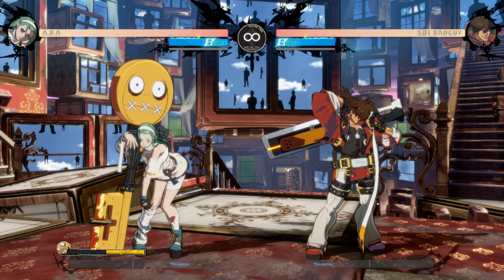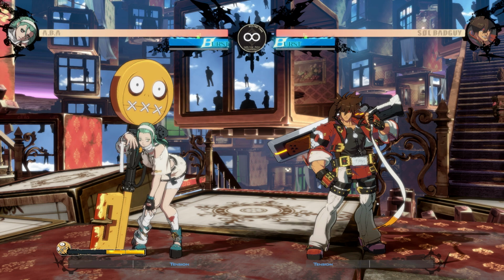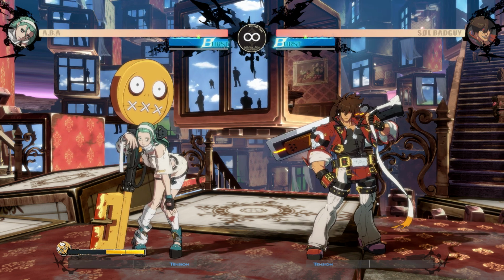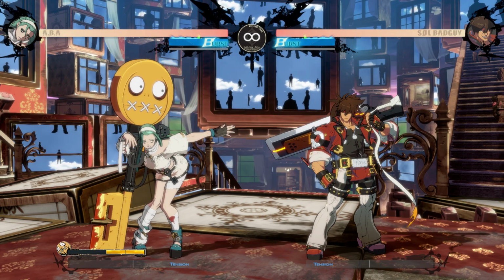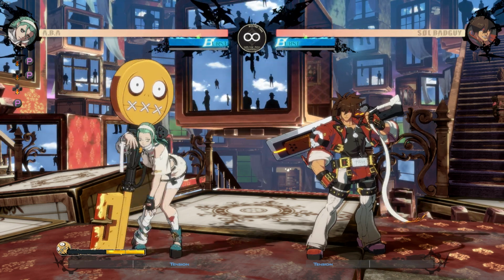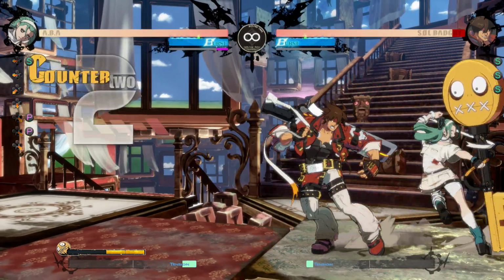Since A.B.A is a character defined by her major differences between being in her normal mode and her install, I've separated each section into two parts, but there will be a little overlap since some sections transition between installing and uninstalling. A.B.A's 2P and 5P are fairly standard defensive pokes. Her 2P is much more useful since it doesn't whiff on crouchers and is a 4-framer, making it better for